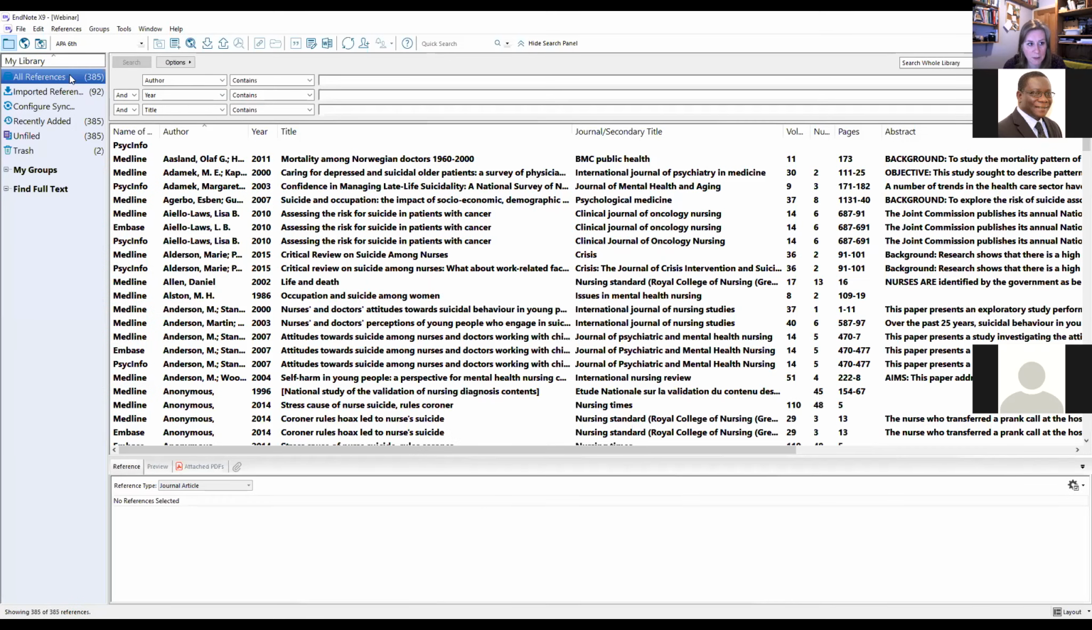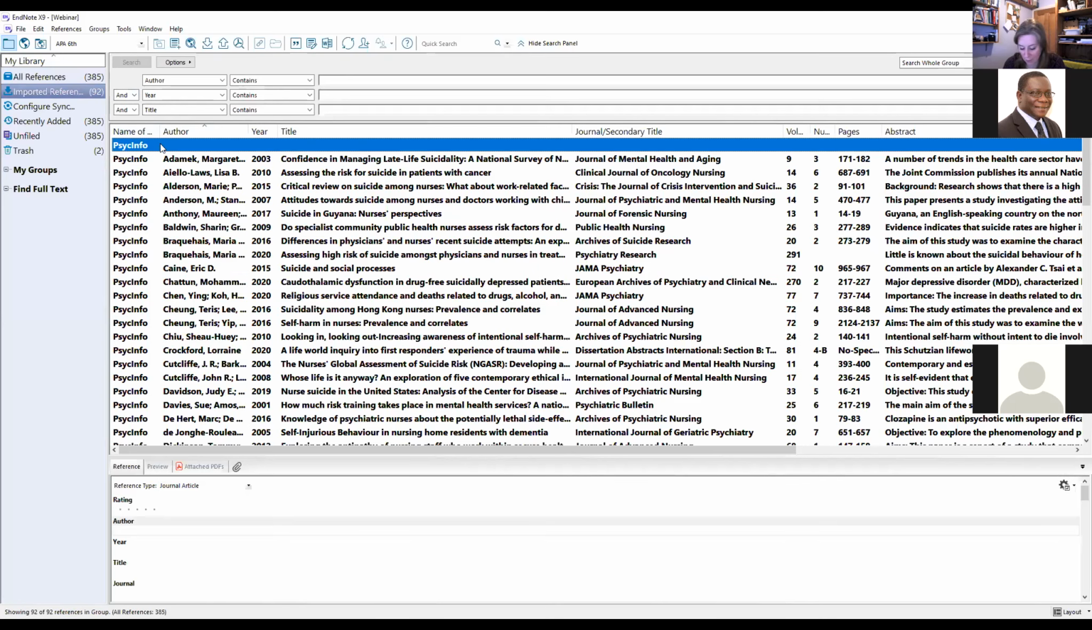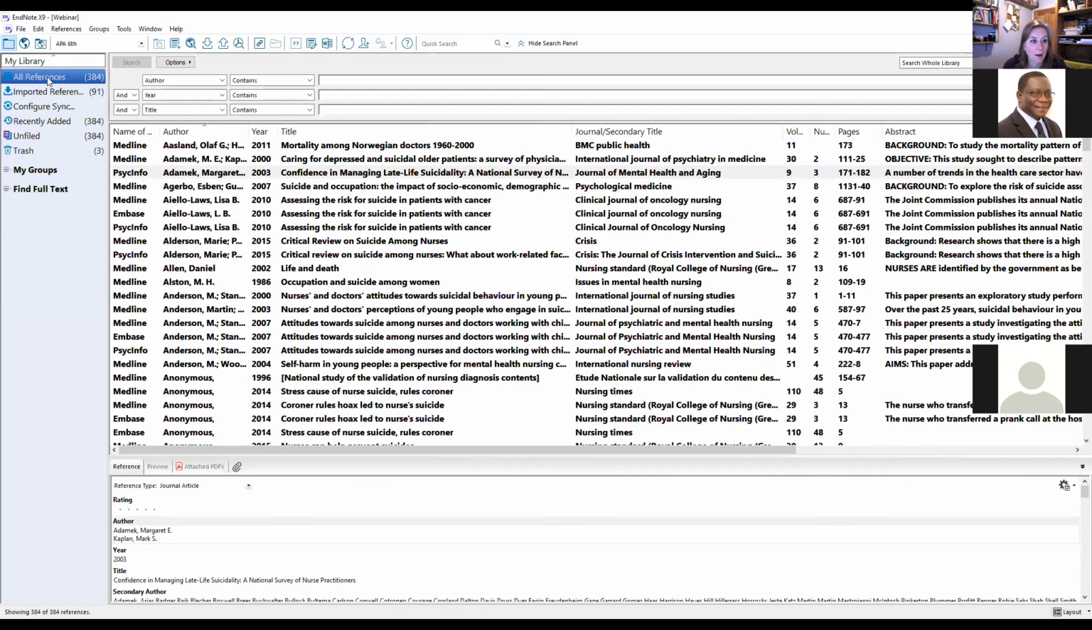I've got 385 there. Oh, actually, what I should have done in my PsycInfo, just go back to those, should have deleted that blank line. Let me just delete that blank record there. That's it. Okay, right, before we go and duplicate check, I'm going to just show you something that I do